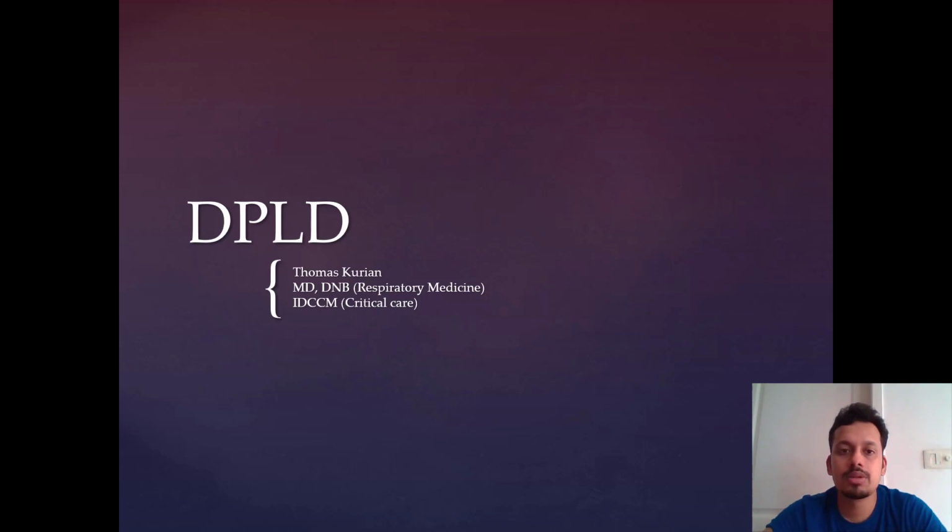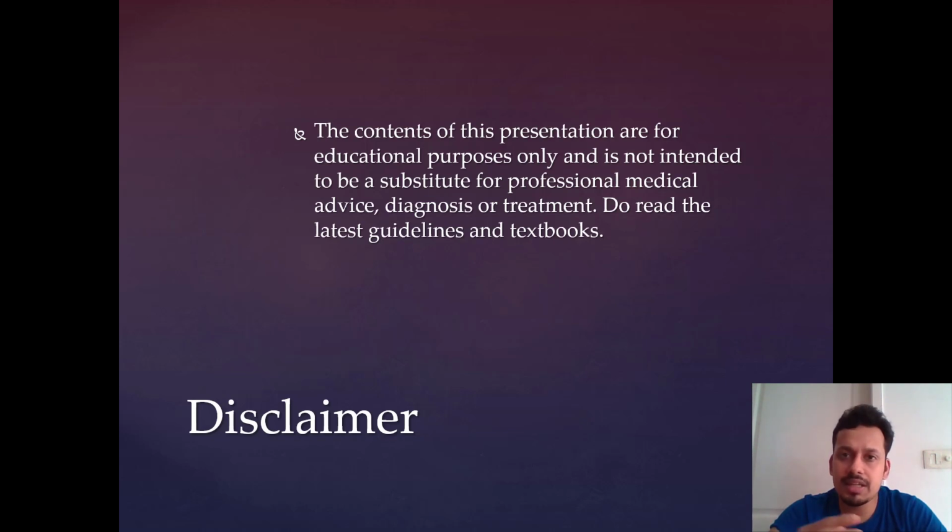Hi. So today we'll be talking about diffuse parenchymal lung disease, which is the newer term for interstitial lung diseases. They are a group of diseases which cause fibrosis and inflammation of the lung parenchyma. It is a varied group with more than 150 diseases. It's also a very difficult disease to treat. It's actually much easier to teach, but most people have difficulty in diffuse parenchymal lung diseases.